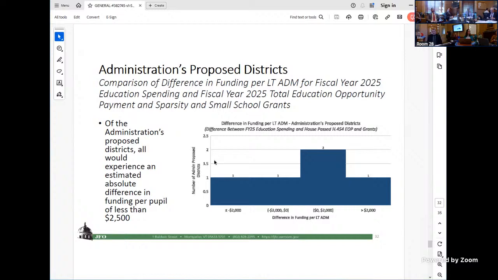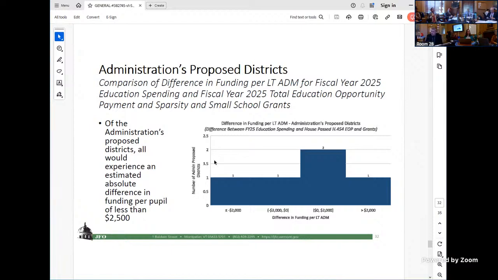If you had 2 districts, and Chittenden County was still in them, you might not see some of the inequities because they'd be 1 district. But they could still exist, depending on how they spent the money internally in the district. Right. We just wouldn't see it as the state, but it could still be happening.